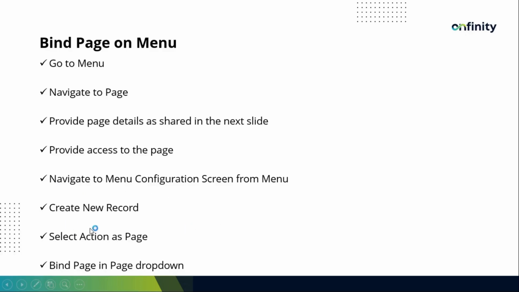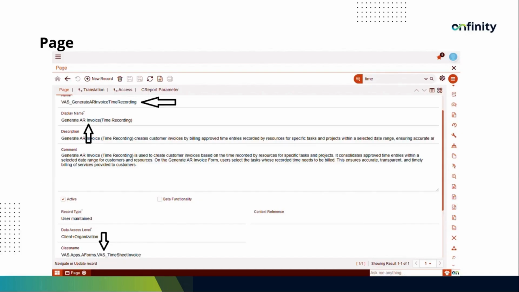Create a new record in the menu and select the action as page. There are multiple actions available, such as job, page workflow, or page. Select page as the action, then bind the page in the drop-down menu to specify which page you want to open. As you can see here, this is the page screen where you need to provide a name for the